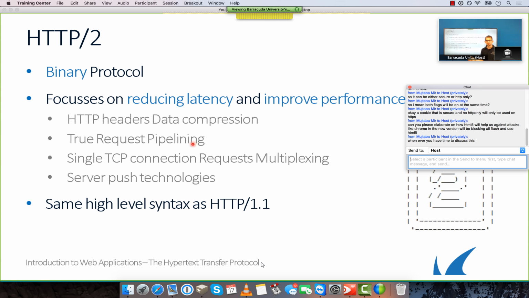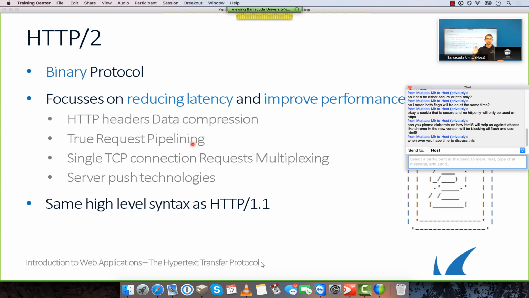With HTTP2, you get 5 requests, and then you get 5 responses. It doesn't matter if they are in order or not in order. It doesn't care. The web server will start to send the responses as soon as they are available. Also, HTTP2 uses one TCP connection, just one. If you analyze the traffic between your web browser and the web server using HTTP2, you will only see one